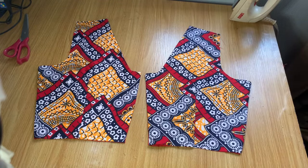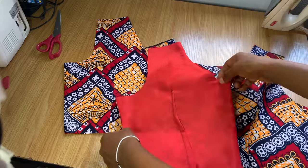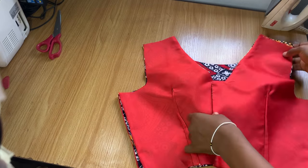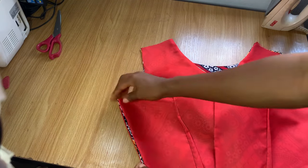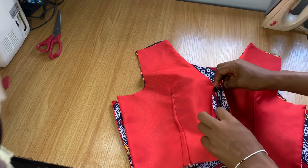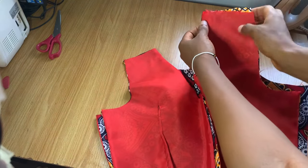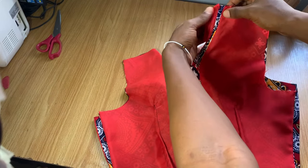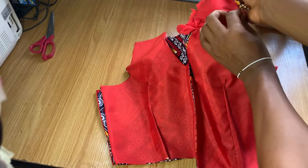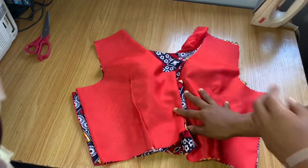Now we're going to join the front and the back together at the shoulder. So I'm just going to place this right on my shoulder like this. I'm going to arrange it in place, and after that you're going to stitch down the shoulder. And to stitch down the shoulder, what I normally do is to place one side of it, it could be the front or the back, and use it to cover the two shoulders. I hope you understand that. And I'm going to stitch it down so that when you do it that way, it actually comes out very